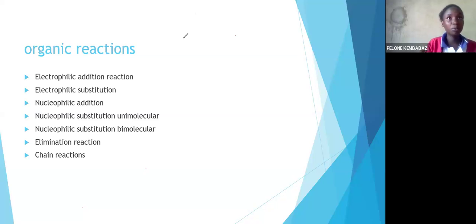So you need to be able to identify that this reaction is an electrophilic addition reaction. Then from there you can understand how this reaction occurs, and then you will be able to outline that mechanism. So electrophilic addition reactions in brief, those are reactions